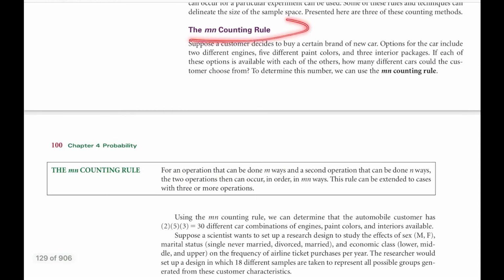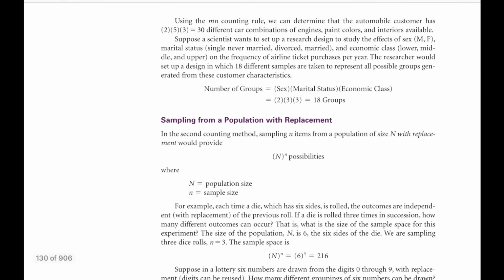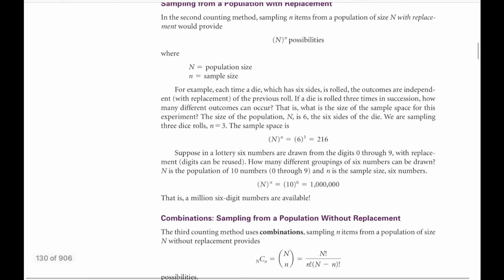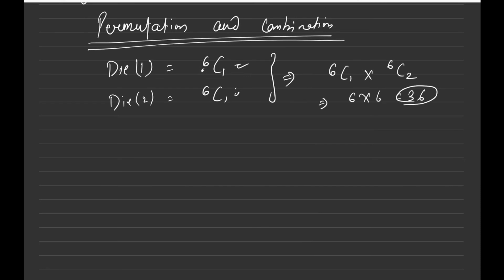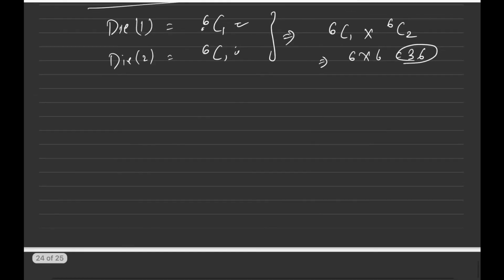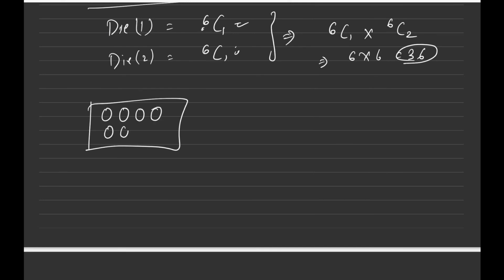So these are the different ways of counting the events. You can study them, remember them, or you can understand them also. Okay. The other event type is sampling from the population with replacement. With replacement is an important term that we have studied multiple times while solving permutation and combination, right? So for example, what does with replacement mean? If you have a box with, let's say, 10 balls in total,